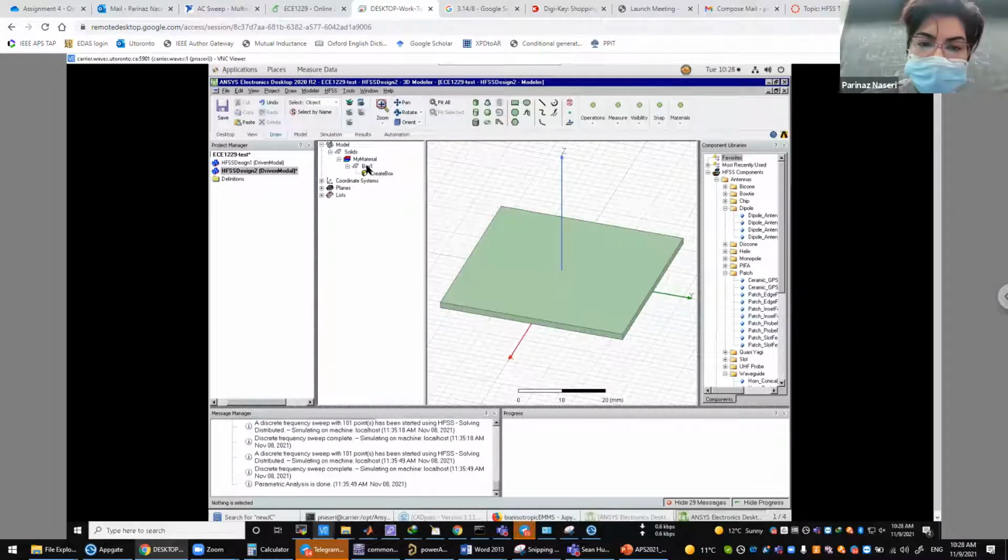Okay, and what else? Okay, now let's define the patch. So for the patch, again, I'm going to show you how you can define it as